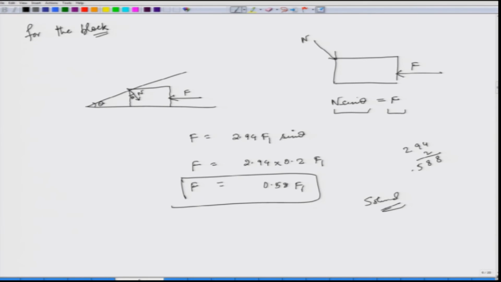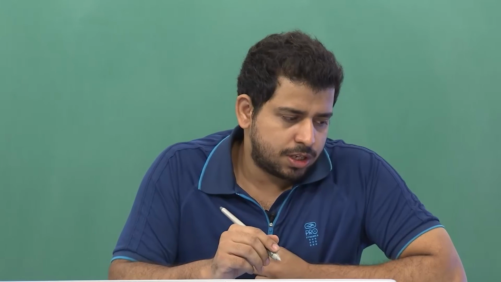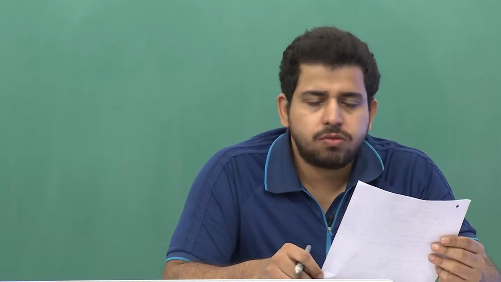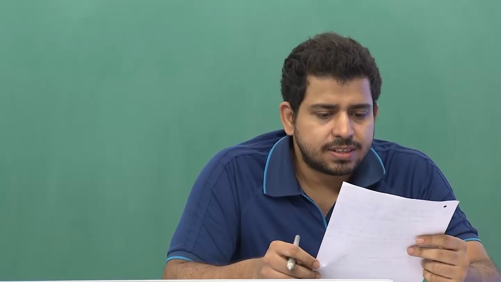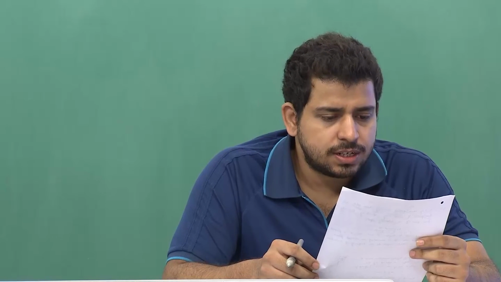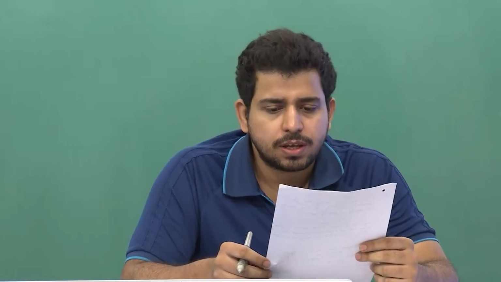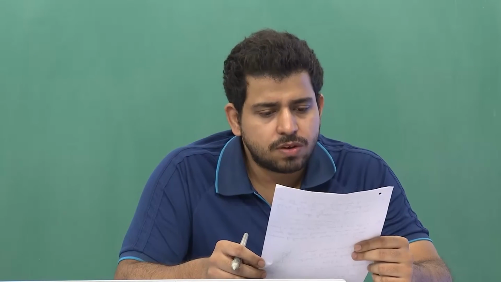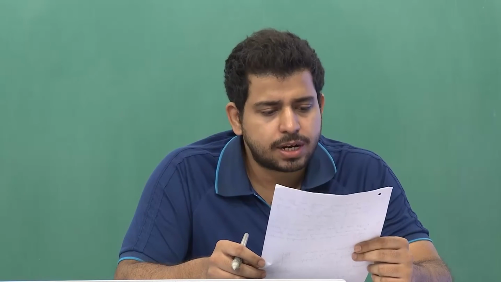Now we are moving to another question. Let us say we are moving to assignment number 6, question number 6. The problem says that a rocket is launched in a uniform gravitational field. It accelerates by ejecting exhaust at constant relative speed of u. Assume that the rate at which the burnt fuel is exhausted is gamma times m.